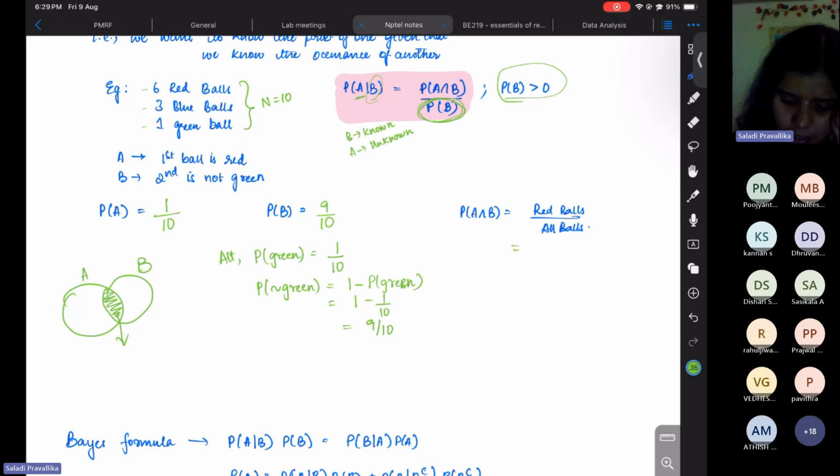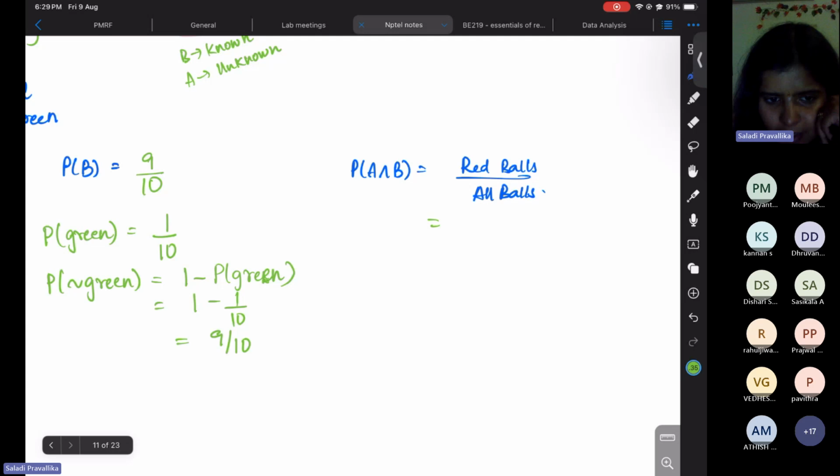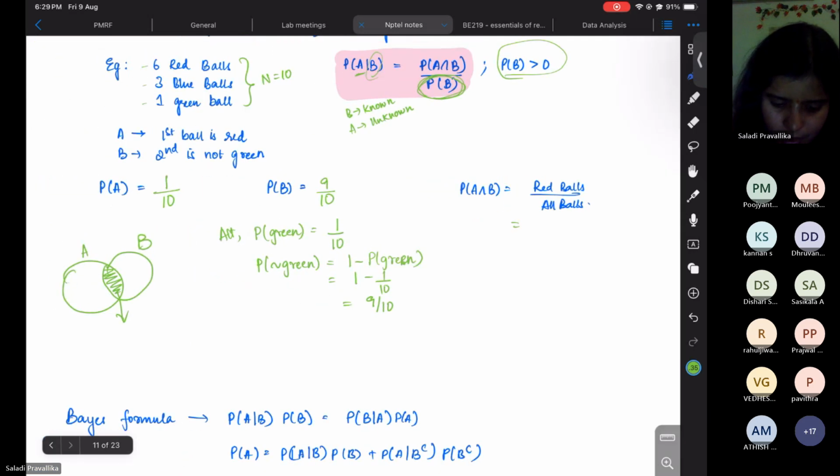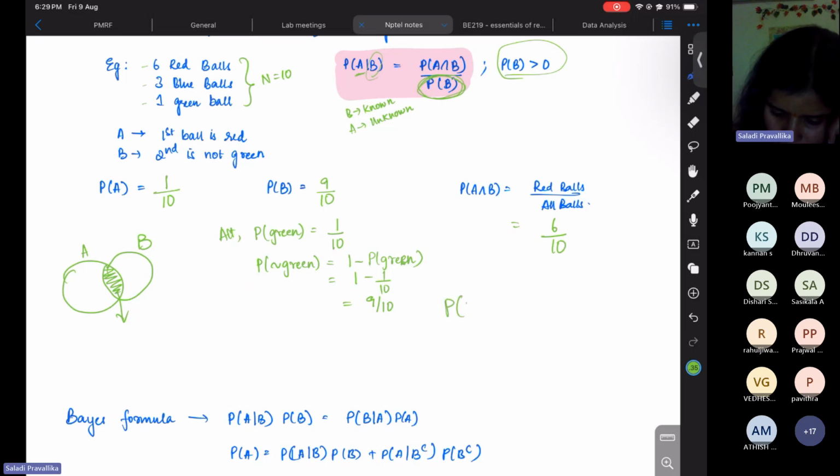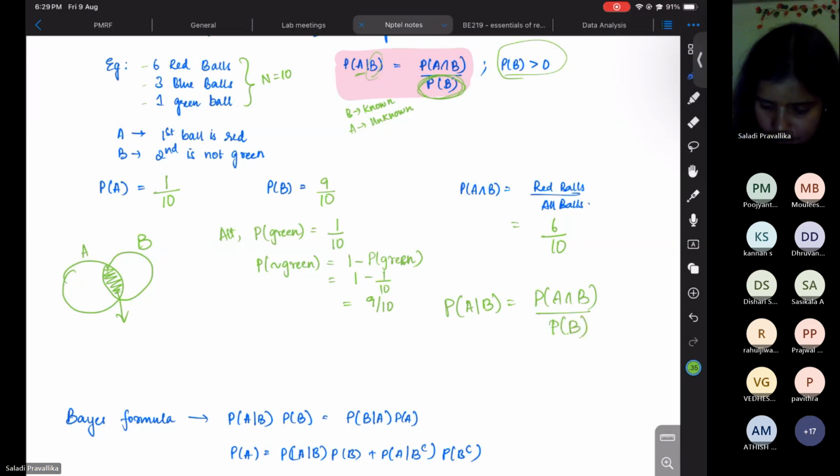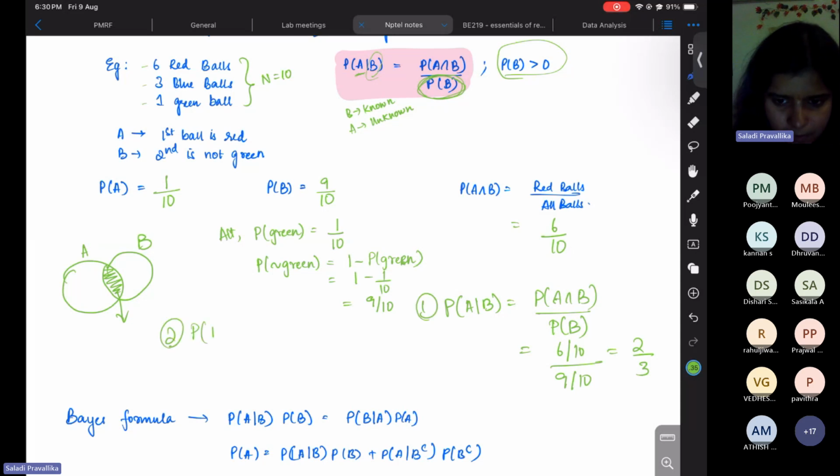So P of A intersection B is equal to red balls divided by total number of balls, so 6 by 10. Now it is very easy to solve. If I want to know P of A given B, it is equal to P of A intersection B divided by P of B. What is it? 6 by 10 divided by 9 by 10. It's 2 by 3. So this is one type. In case I want to know P of B,